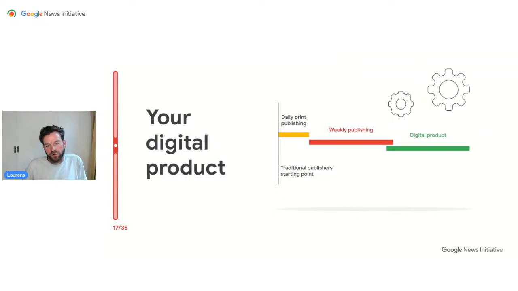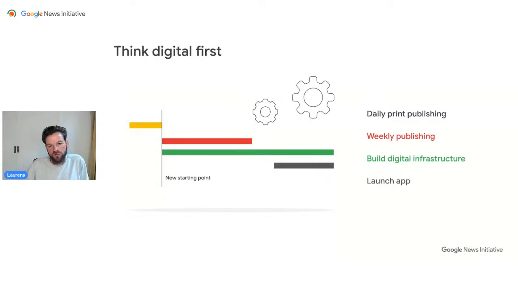Now, your digital product. Traditionally news publishing began in print before expanding with other editions, including digital later on. But if you look at this, daily print publishing, weekly publishing, digital product, this would be traditional publishers' starting point in maybe a well recognized and familiar way. But if you think digital first, it might look like this. And there could be a new starting point. You could launch an app. But therefore you might need to build a digital infrastructure first. But do you need weekly publishing or daily print publishing? So if you think digital first,